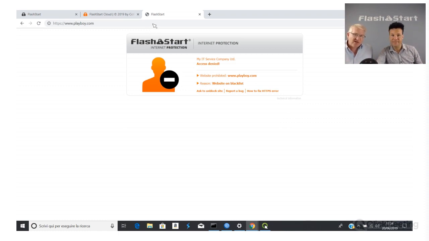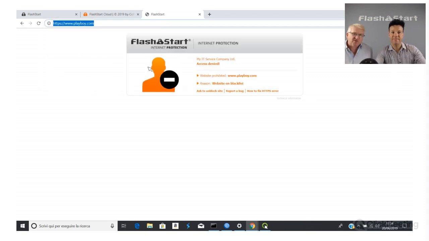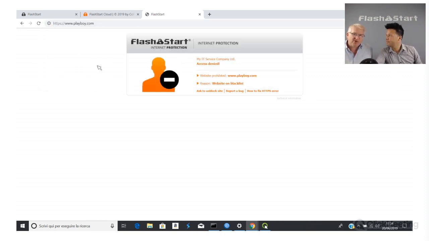Okay. We're just trying to go into some of the more detailed features here. If you want to enable porn for particular user groups, that's absolutely fine. Okay, but that's fully customizable. This item, and this item are fully customized. You can also make appear your company name if you play with end user. It's possible to report a bug if you find some false positive result. And if you see, we are blocking an HTTPS site, so